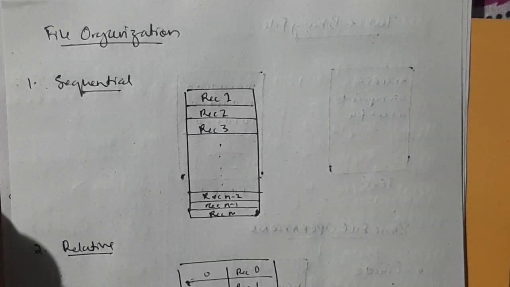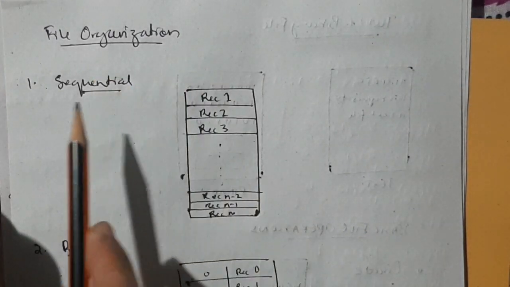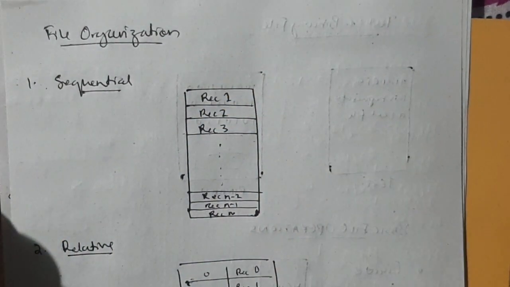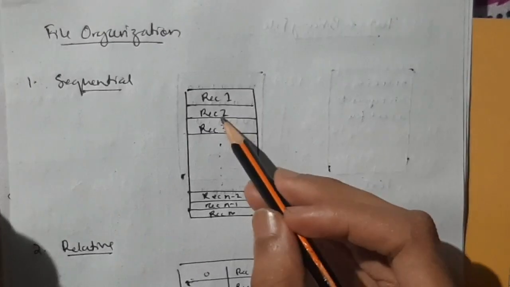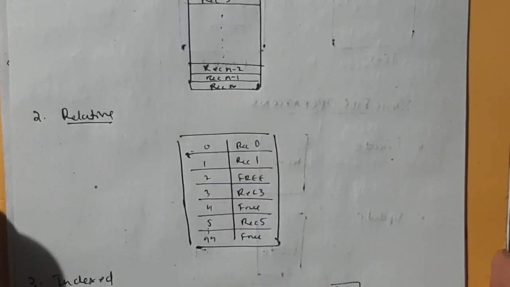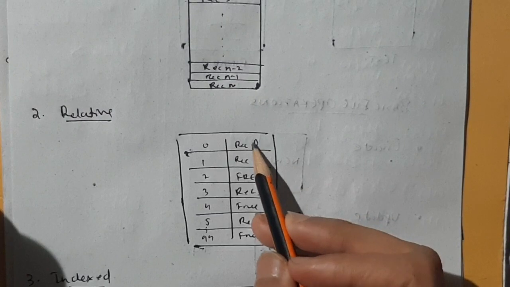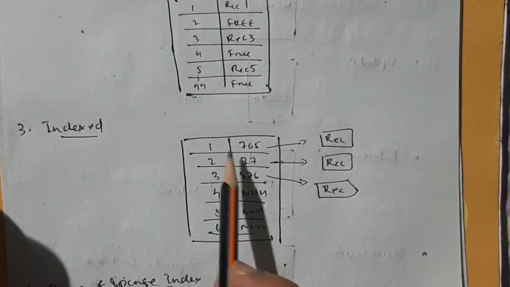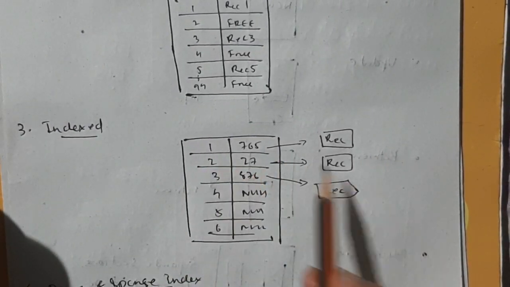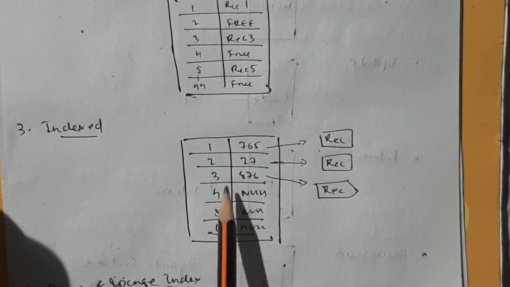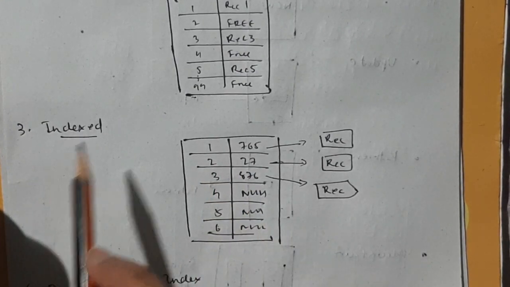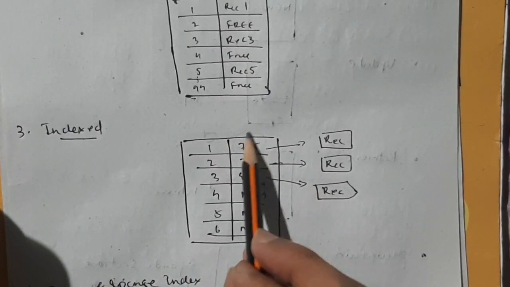Since you have to maintain a file, there are some ways in which you can maintain the file. First one is sequential. Sequential means in order it will be noted down, like record 1, record 2 till record n. Then relative means what? It's not compulsory that you have to allocate all those. You can leave some free also, you can allocate directly here also. That's relative. Then indexed. In an index file you will have the indexes here. In the first index you can store any record here, or second record here, third record here, or in the fifth record it will be null or anything. Okay, that's an indexed file. The index will be given here, the file will be given here.